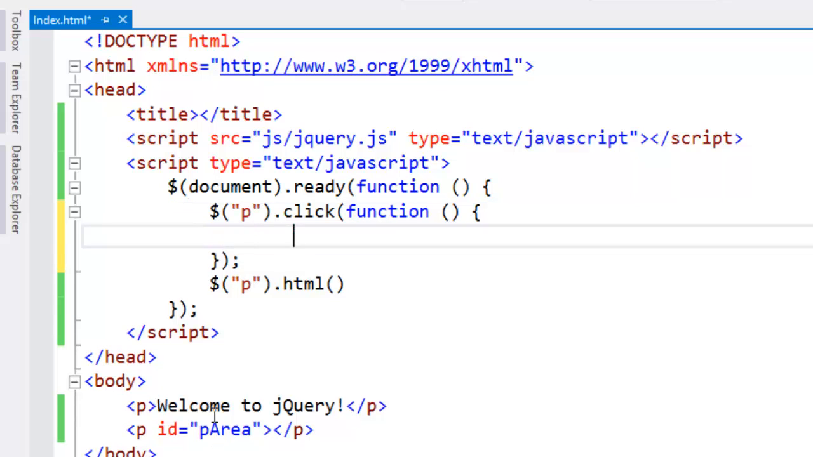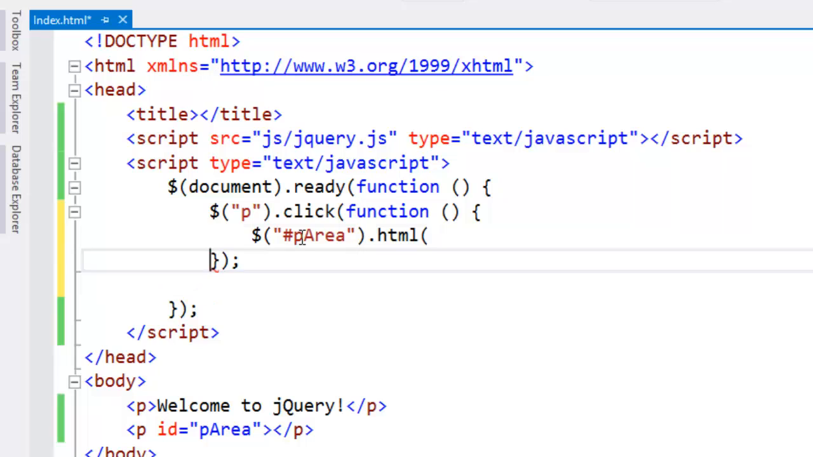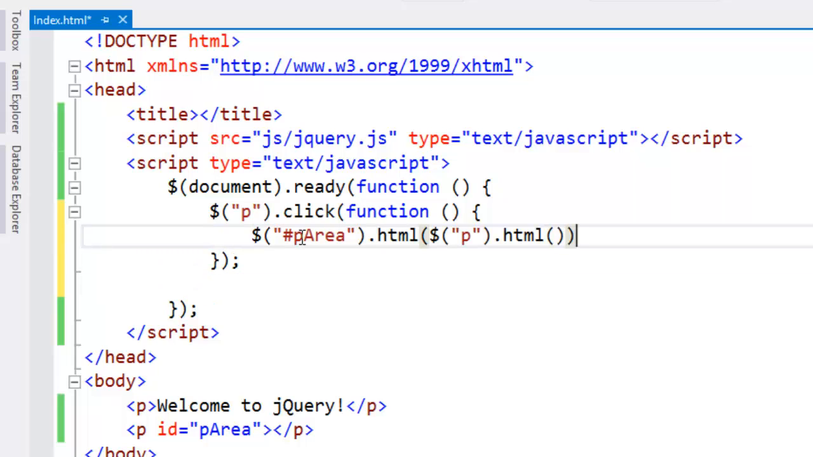So here I say dollar. So whenever you're writing the ID, you put hash symbol. Okay, hash symbol, and I say HTML. So I just simply copy this. So instead of writing p here, I write this, because this means the current function element in this area. So the current element or current selector. Okay, so if I say run,